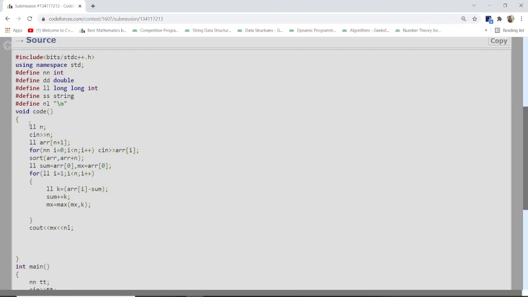So as you can see, at first I take an integer, the length of the array, and scan it, and after that I declare an array with the length plus 1, and after that I take the array, and now at last I sort the array, and then I take two integers, sum and max. Here I store the max value. This is the answer at last, and I store the first value here because it is the minimum value through the whole array,